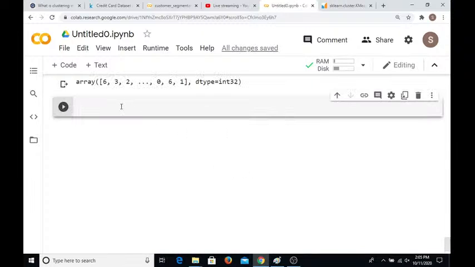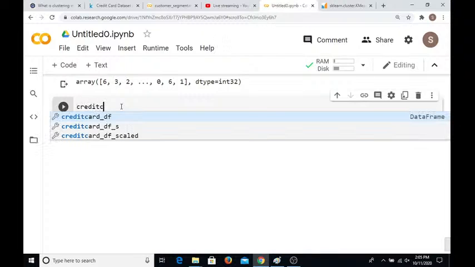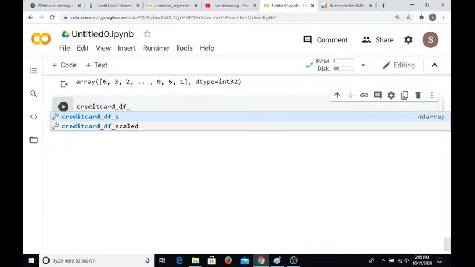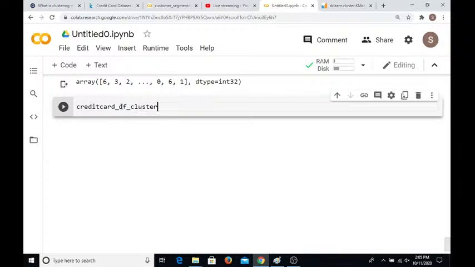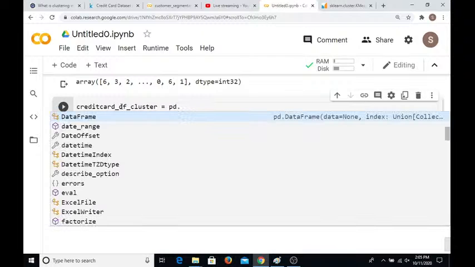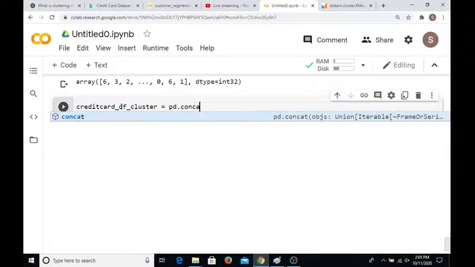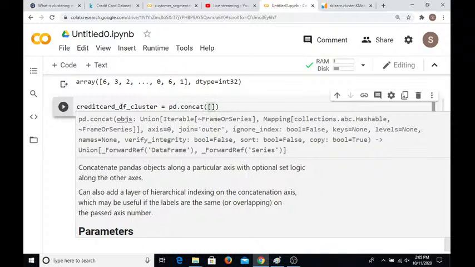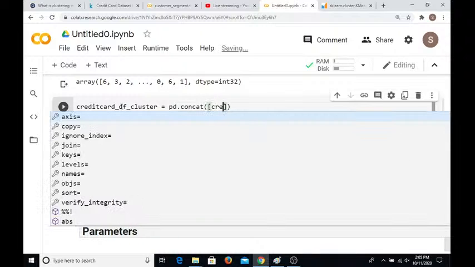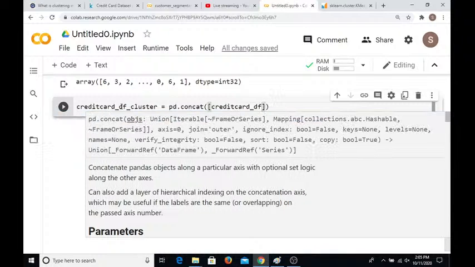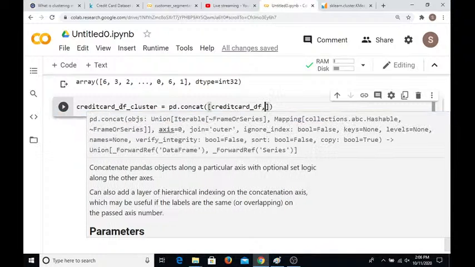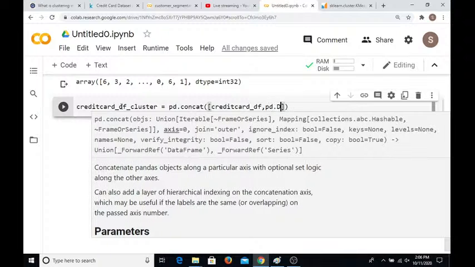Here I can write credit_card_df_final_cluster_data equals pd.DataFrame, or you can use pd.concat, and we just want to concat two things. One is the original data, credit_card_df, comma, pd.DataFrame,